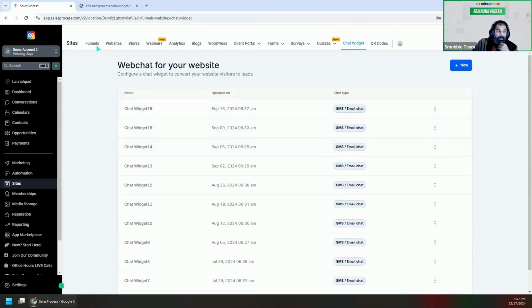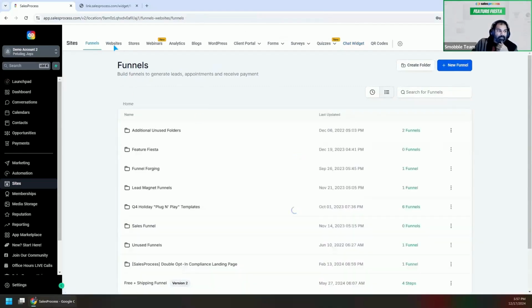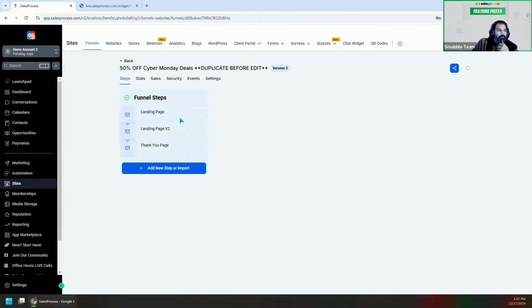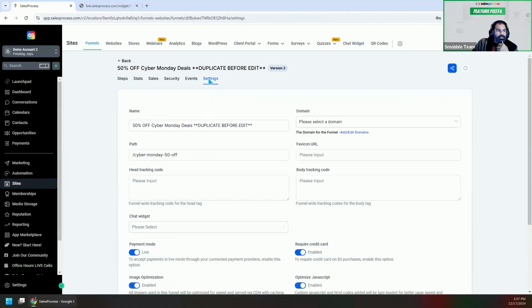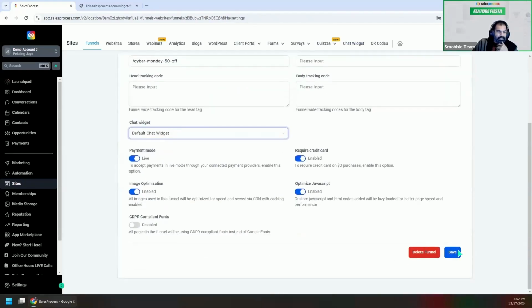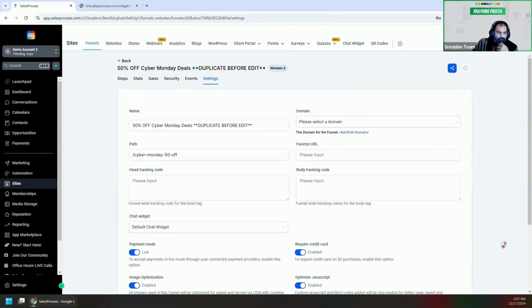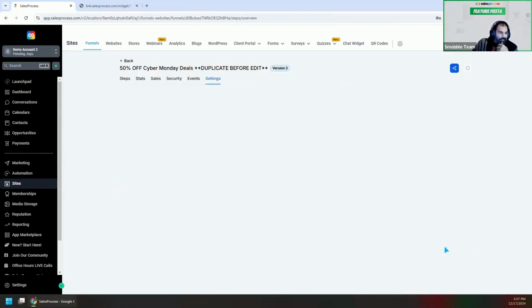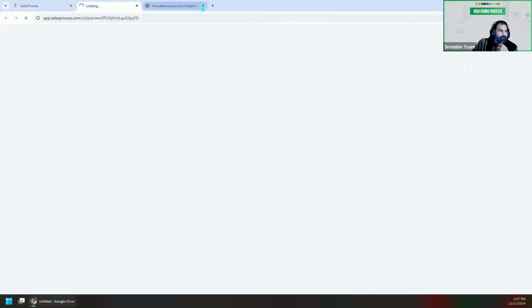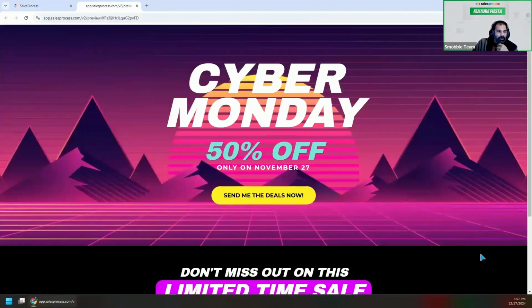And to enable that, if you have created your website within the funnels or website in here, let's say you have created this funnel. So to enable the chat widget, you will go to the settings, and in the chat widget, you will select the chat widget that you are deploying to your website. Let's say I select the default chat widget and I save it. There we go. And now if we look at the preview of the landing page,